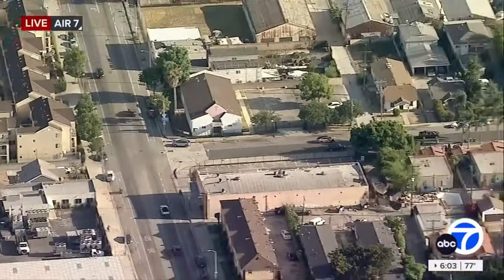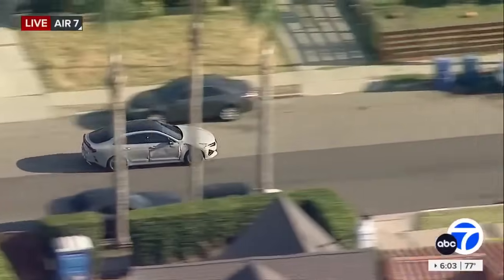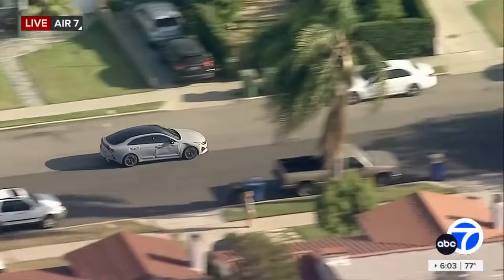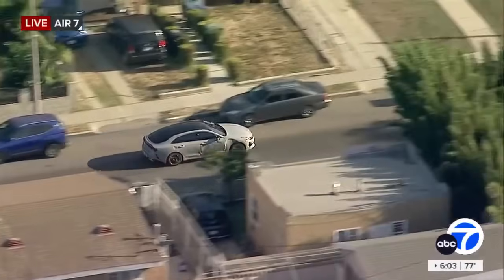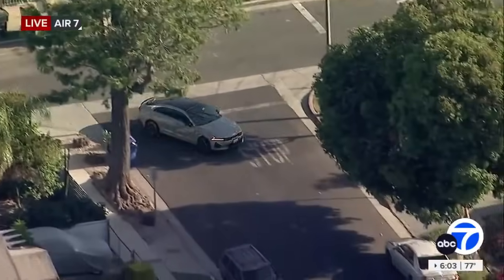This in surveillance mode, but now that he's made some of these moves, they have given permission for the ground units to re-engage. However, they have fallen back a little bit, and now you see he's got a lot of residential street to play with here without anybody behind him. He's basically zigzagging his way through the streets of southwest LA, doing about 35, 40 miles per hour, making very